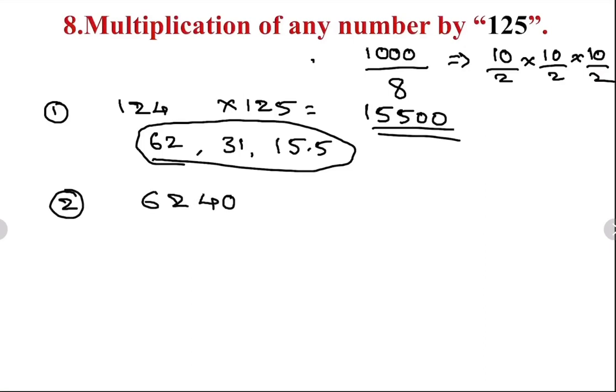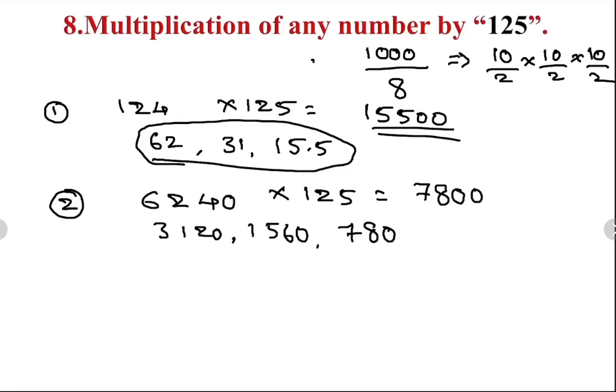6,240 is multiplied with 125. Half of 6,240, 3120, again half of it, 1560, again half of it 780, that is 780, keep 3 digits. If you go with another example,